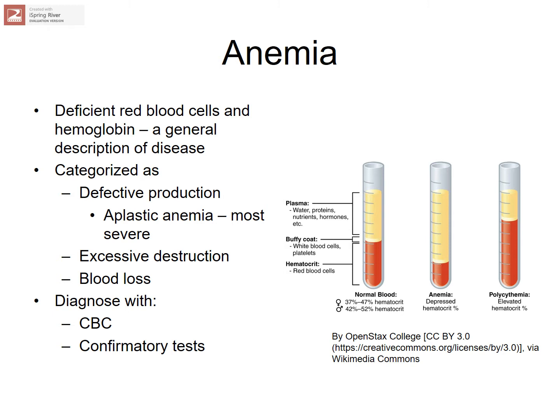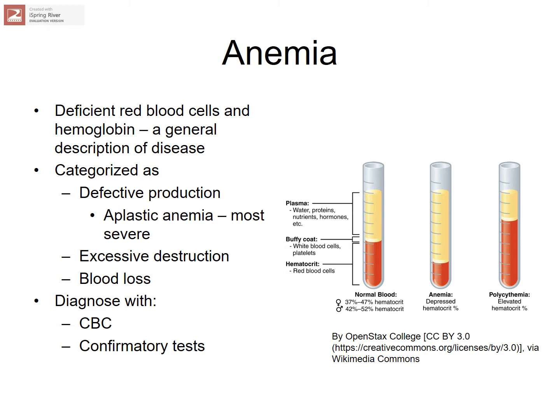We'll begin with anemia. Anemia is a term that describes a deficient number of red blood cells, and because the red blood cells are deficient, the hemoglobin is also deficient. So this is a general description of a disease, not a specific disease in and of itself. You can see by the graphic on this slide a visual of an approximate normal amount of red blood cells compared to plasma, an anemic amount or deficient, and then a polycythemic amount of red blood cells, or too many red blood cells as compared to the plasma, and we can represent these by the hematocrit, which you should remember